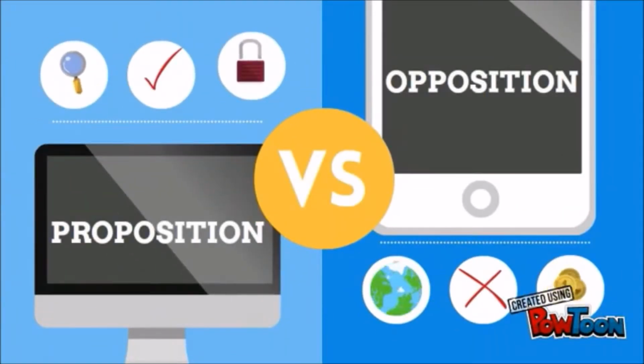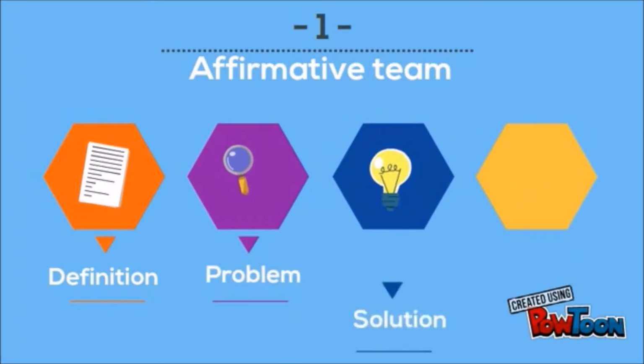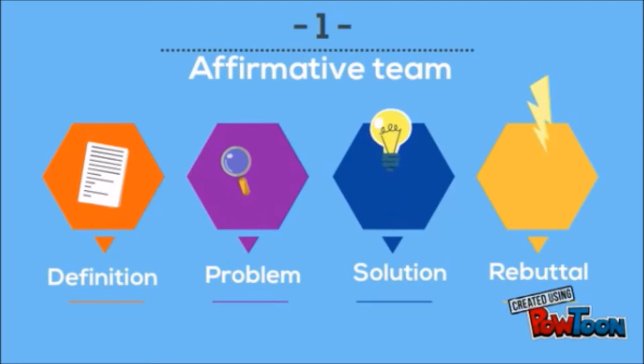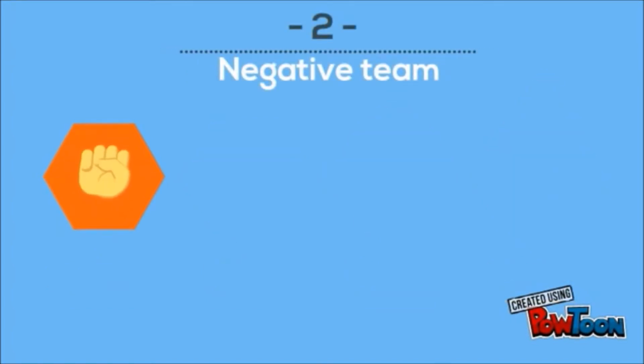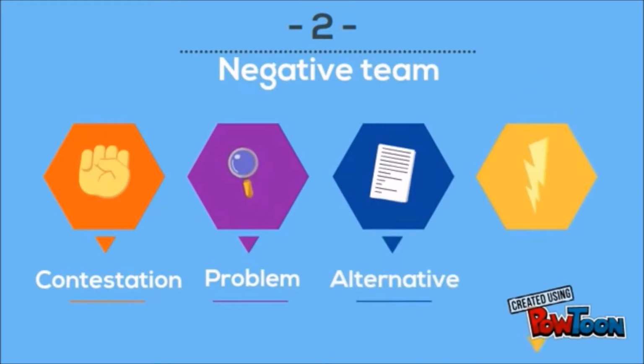So, as a team, what's a normal scheme for each side? The affirmative team must present a definition of any word that may have multiple meanings in different contexts. Present the problem and therefore their solution with a model of how they will implement this solution. And in the third speech, do some rebuttal to the other house's case. The negative team contests the solution or model offered, shows the problem does not exist or is not the problem to be solved, and can present an alternative solution that would work better. And of course, do some rebuttal to the other house.